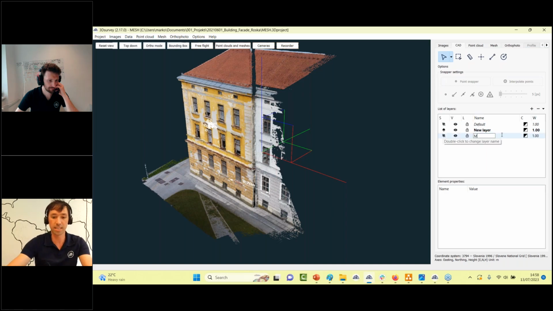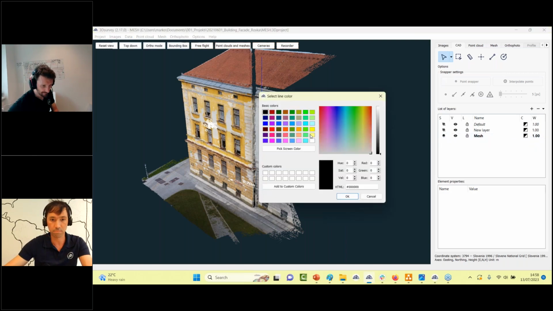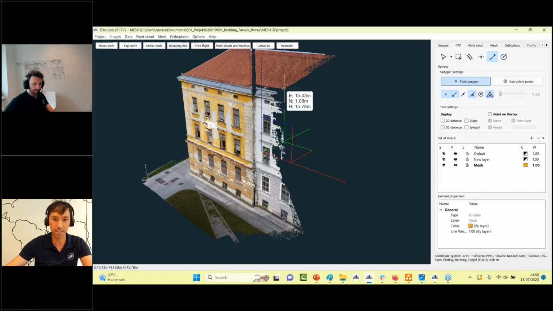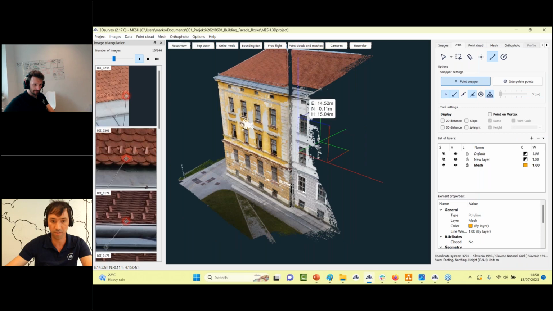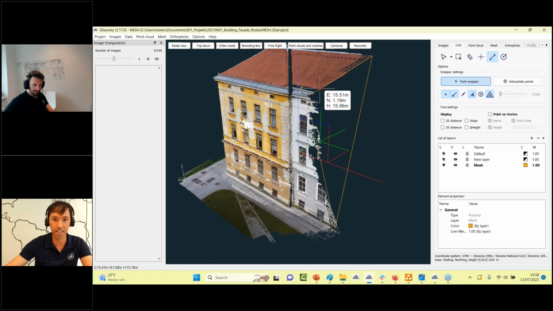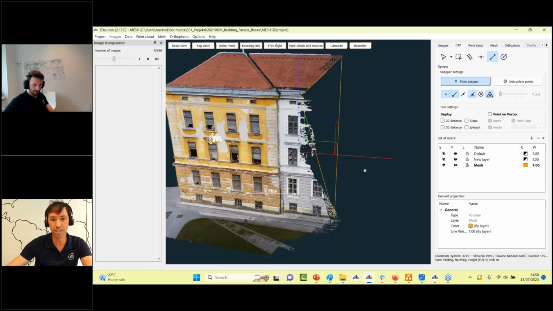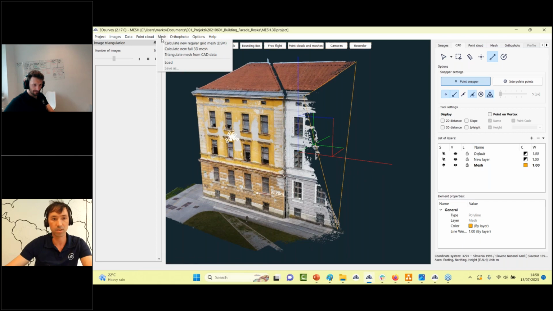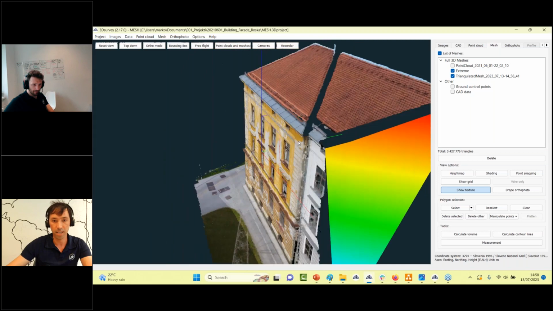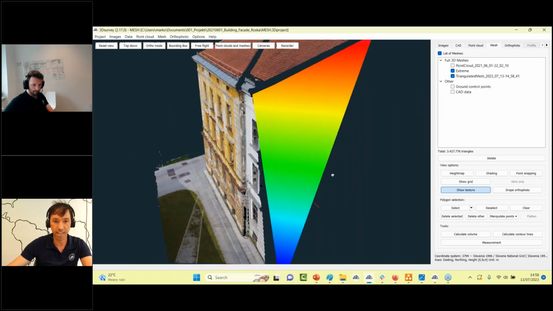So you go to CAD, create a new layer, get some color like so, and it's kind of a combination of multiple functions. So I'm kind of creating a closed polygon of this area, and then the third option for mesh calculation is triangulate mesh from CAD data, and I take just my mesh, and in this way I create actually a new